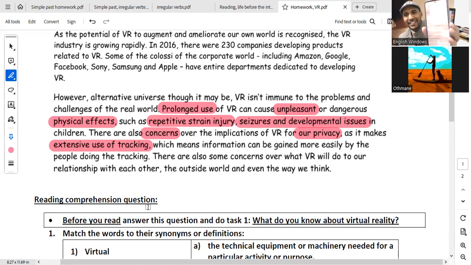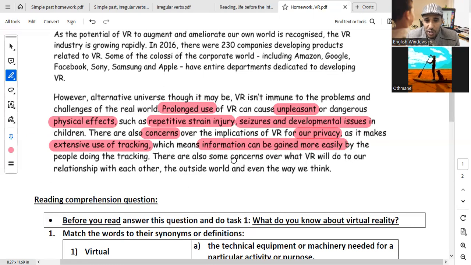Okay, so you are tracking, right? You may track a barcode, or whatever, and have access to certain information easily and quickly, which means information can be gained more easily. Those information might be private information, right? I can just scan the code of your WhatsApp account, and I can easily access your WhatsApp account. This is some kind of hacking, so it makes hacking easy, and access to the information easy, by people doing tracking or hacking or whatever.